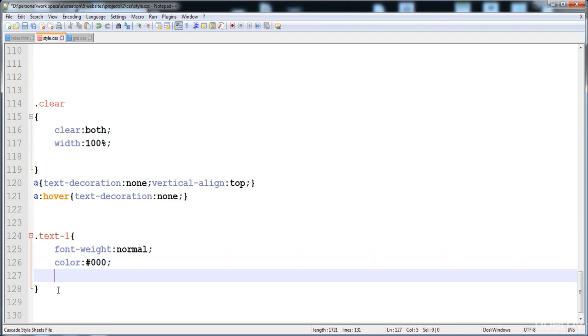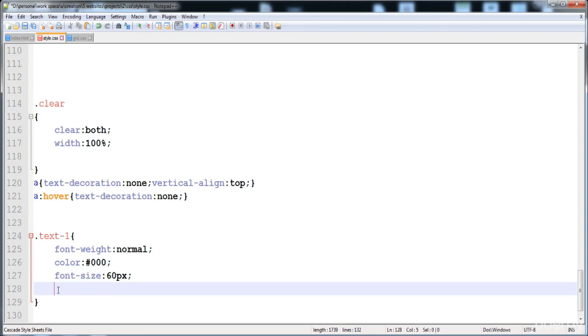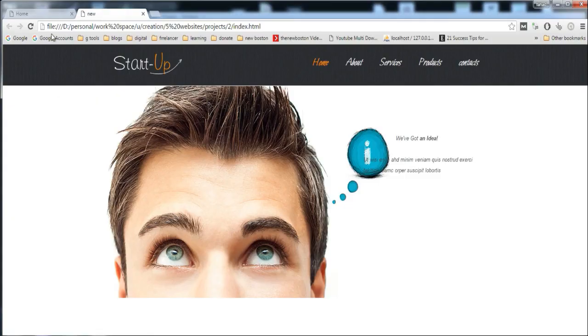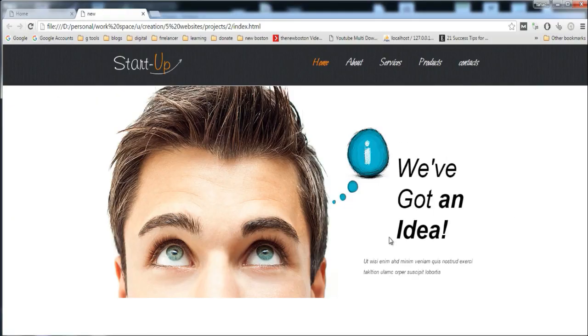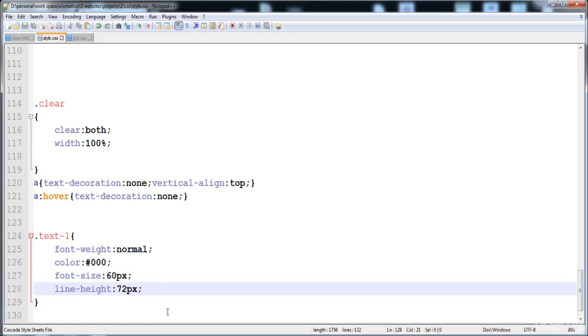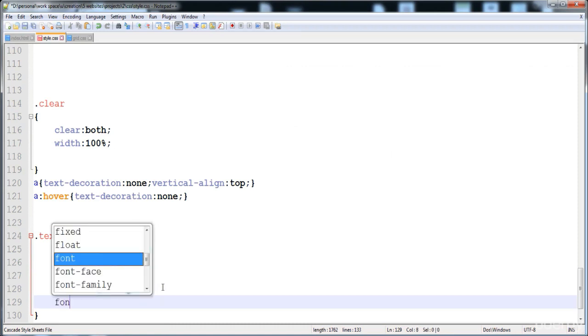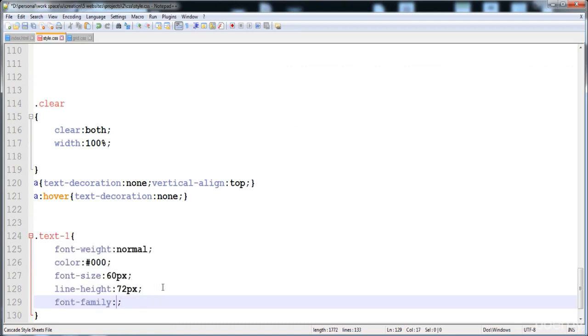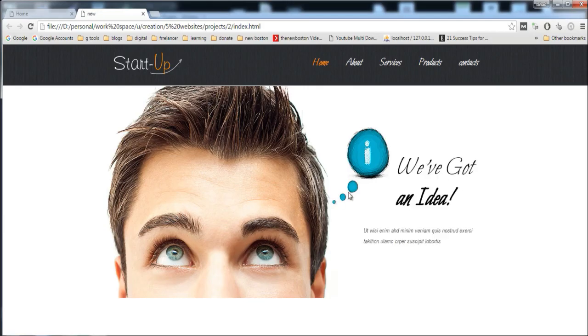and now here I'm gonna apply the font size 60 pixel, and then the line height 72 pixel, and now here it is. And now let's apply the font family on this text one. Here I'm gonna apply the font family Bilbo. Here is the Bilbo, and now here it is applied, and now here you see that this text is